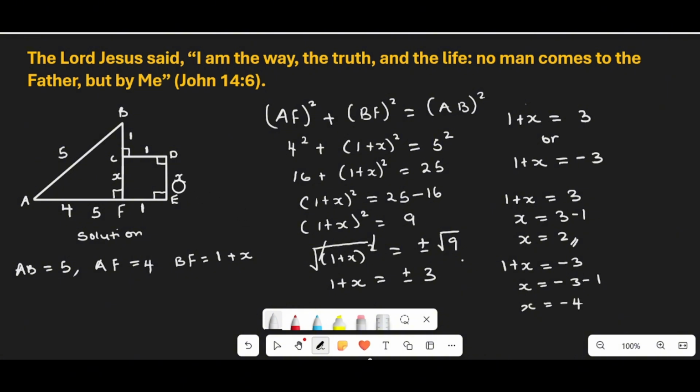Since x represents the length of something and x can never be negative, this answer is discarded. So x